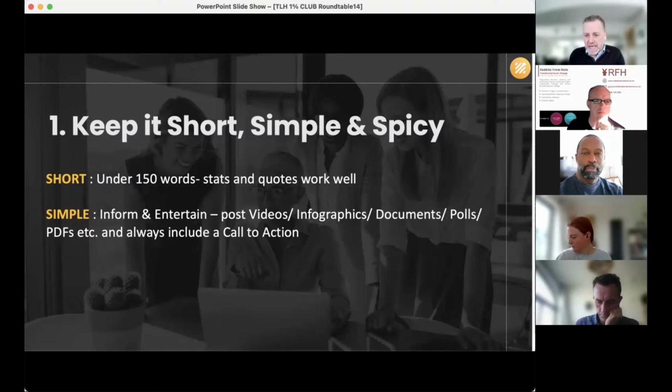So it's very easy just to type in a post. We'll do 50 words, absolutely. But if you can post a video, or some type of infographic, or polls, which are really good these days, it gets people's attention, it gets people engaged, and people start to share it. And ultimately, the more engagement you get on posts and the more people that are sharing your post, the wider your network will develop, and people will start to know of you, and then they can start to engage with you, and that's when they start to move towards that like.